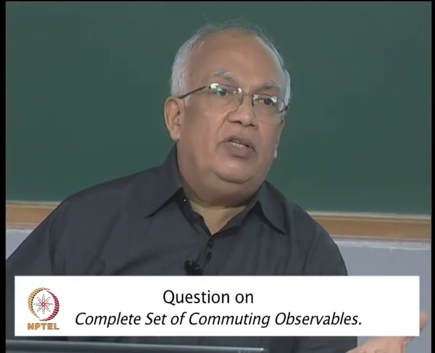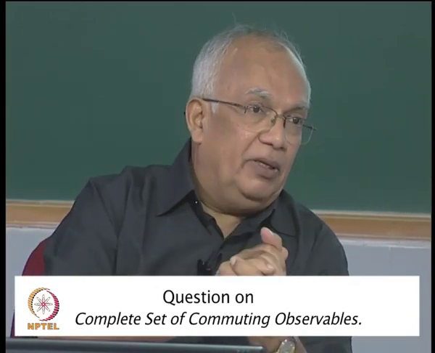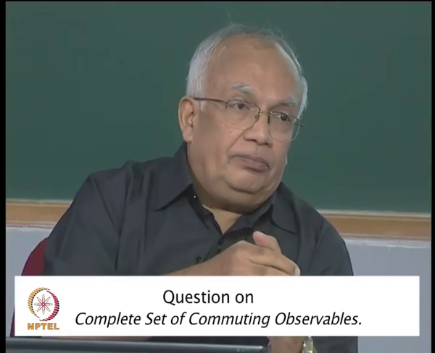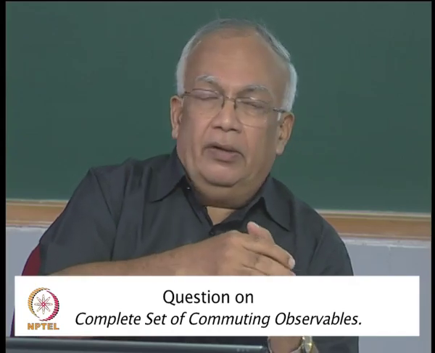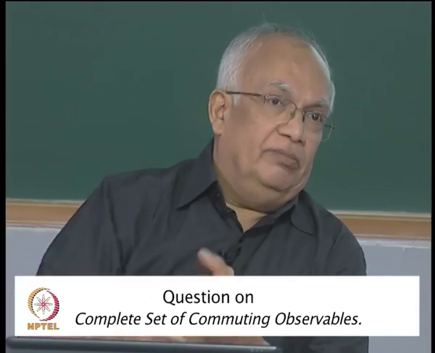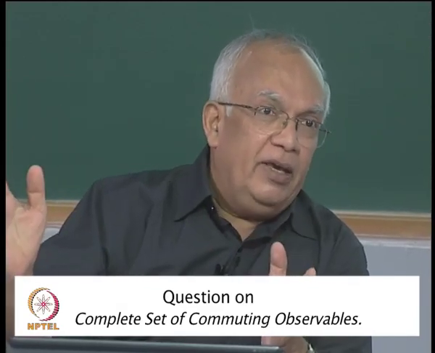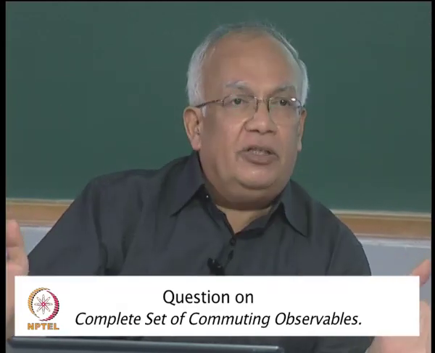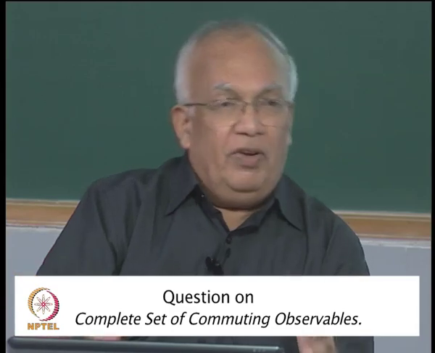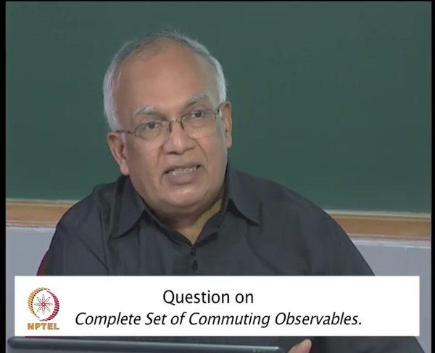Whatever can be known about the system, it has to be compatible, but whatever can be known about the system, like we want to know something about our friend over here, and we want to know everything about him. What is his name, what is his address, who his girlfriend is, everything. Once you get all the information, you are done with it. You cannot get any further information about it. When you catalog all of this information together, you have a complete set of observables,